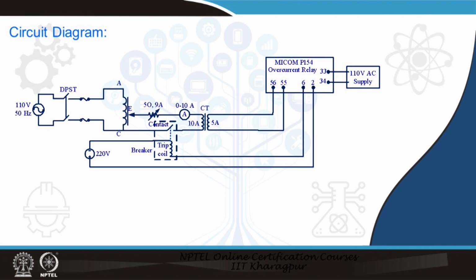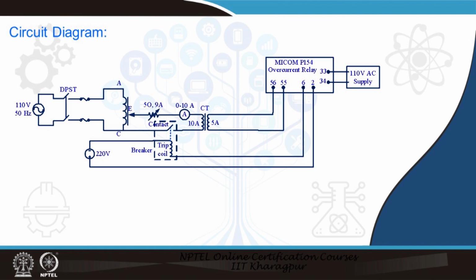This current through a CT connection, we have the corresponding current. The CT secondary is being connected to the MiCOM relay, and this MiCOM relay takes 110 volt AC supply as input for its operation. Now, the relay takes a decision, and this decision is being fed to the corresponding circuit breaker, the contact here. So, these are breaker here, and the corresponding breaker for the trip circuit takes a